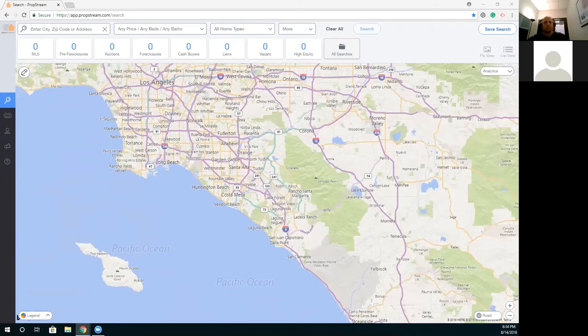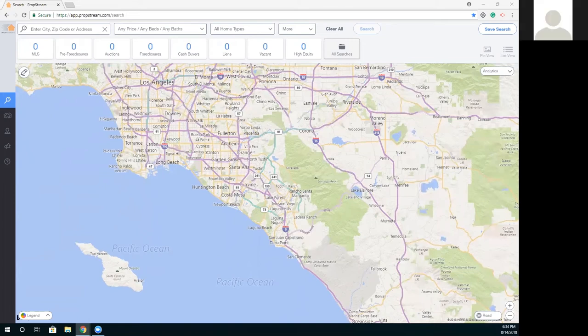So PropStream is the name of our product. It is completely web-based. This obviously gives you the luxury to log in on multiple devices, whether you're at home, at the office, on the road, traveling across the state. What PropStream has done in the last few years is we've been one of the biggest data aggregators out there. We have sources across the United States. We've collected roughly over 160 million property records. We have access to 90+% of the MLS boards across the nation. So again, you don't have to have a realtor's license to view what's being listed, what's sold on the MLS, what's pending, and what has failed on the MLS.